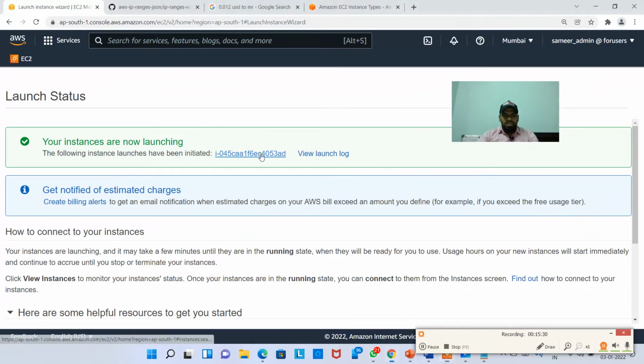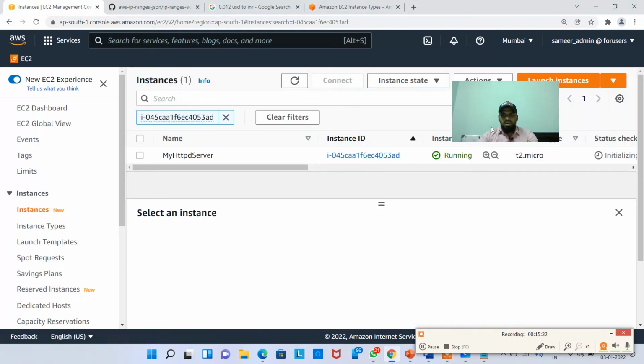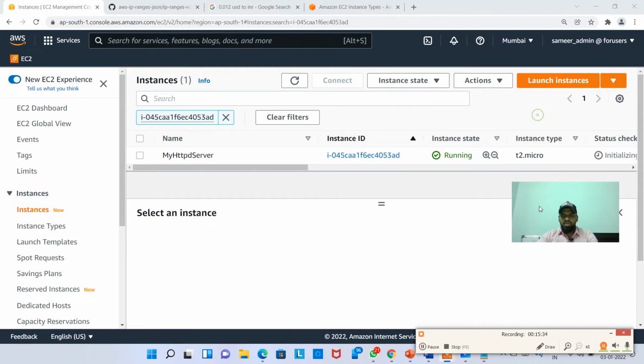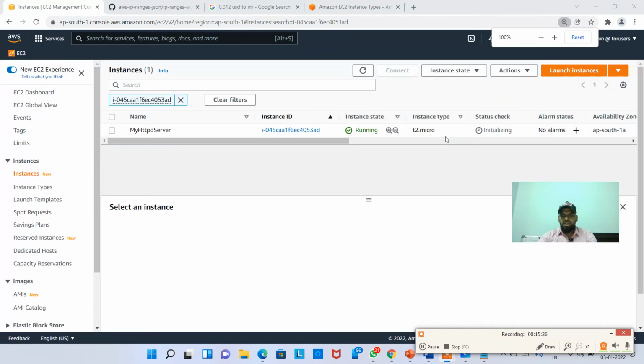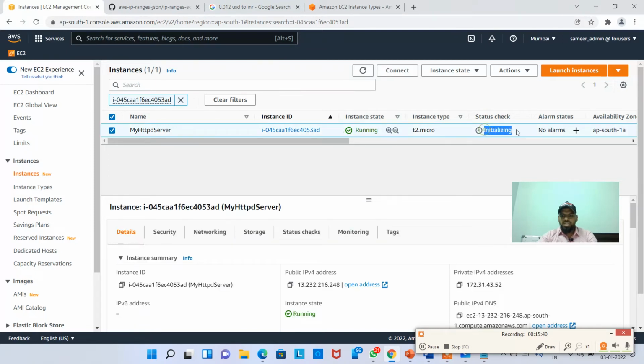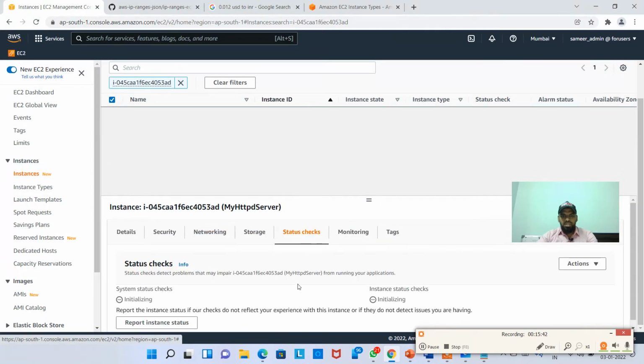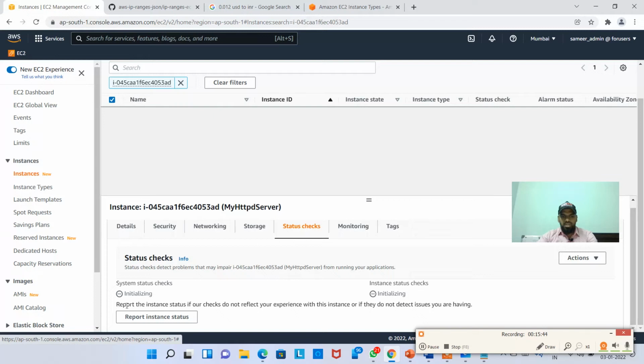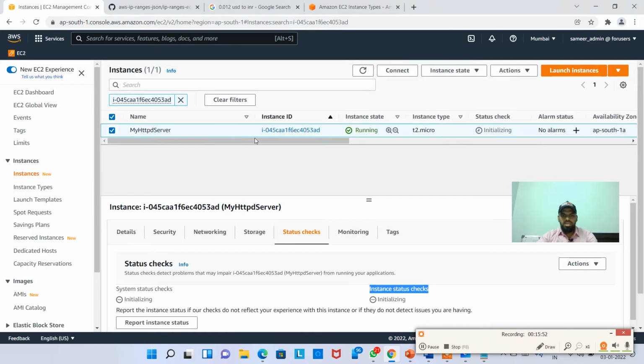Okay, so let's see whether my instance is running. I think it's up and running. You can see it is in running state, but the status check says initializing, because it's still working. If you hit status checks here, it will do a system status check and an instance status check. This is the host one and this is the instance one. It will take a minute or two to complete, but in the meantime,